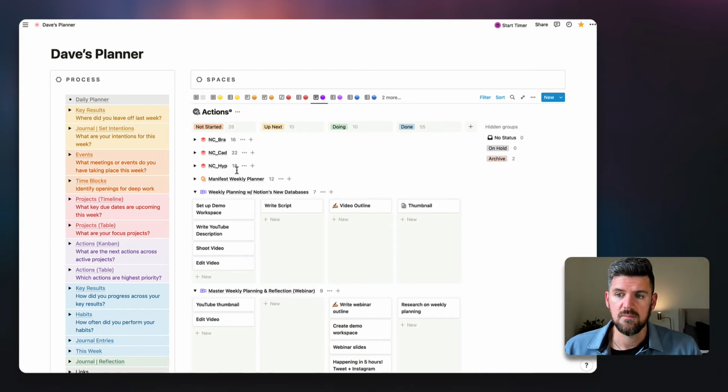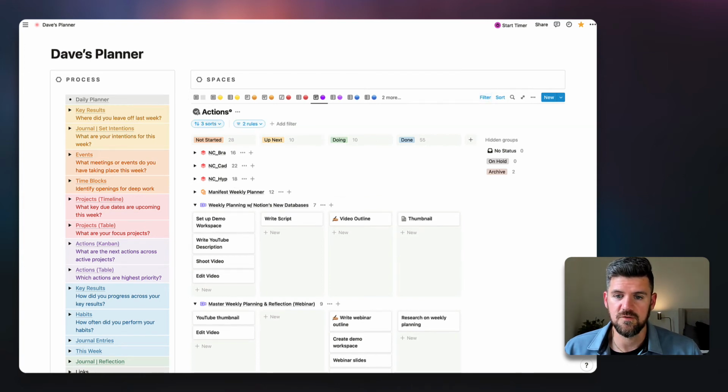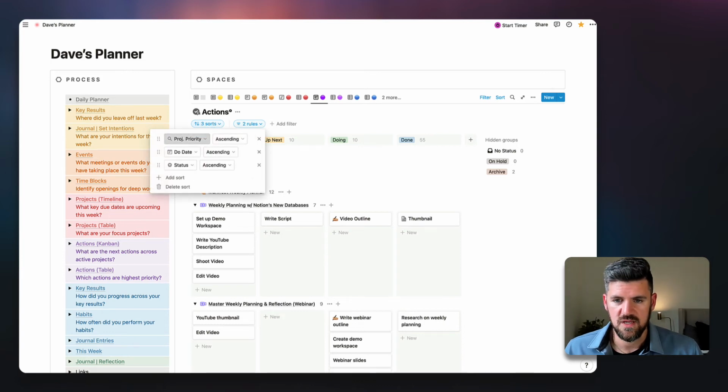Similarly to the other views that we just saw, we are setting the priority to highest priority at the top. The due date is working our way up, so the earliest due dates show up at the top, and the active tasks show up at the top.